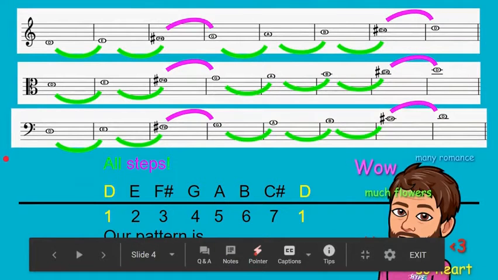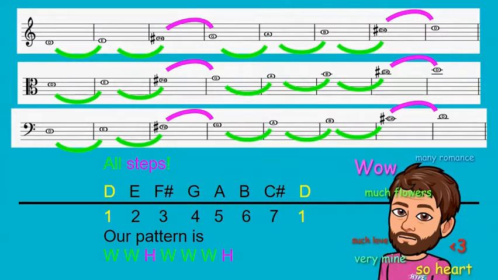Our other reminder here is our dive into all of our steps in the major scale pattern put together. So our green lines here represent whole steps, and our pink lines represent half steps. So across the course of our entire scale, we have 7 different spaces, which means we have 7 different steps. We start off with a whole step from D to E, a whole step from E to F sharp, a half step from F sharp to G, a whole step from G to A, a whole step from A to B, a whole step from B to C sharp, and then we finish our scale with a half step from C